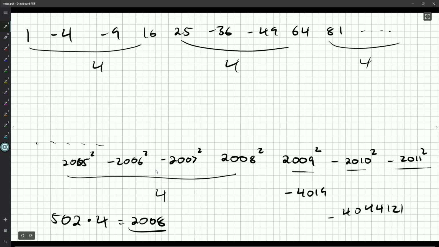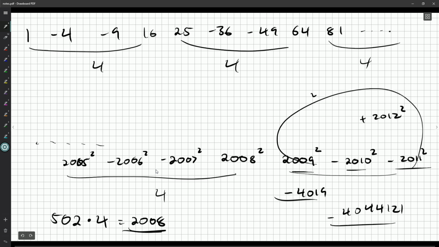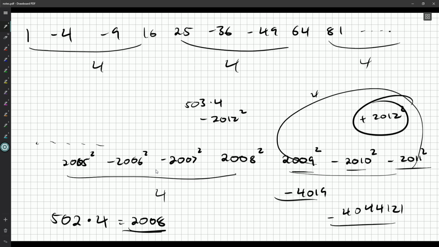Now, before I finish this up, I just need to add this, this, and this. Another thing we could have done is said, well, we're really close. If we just added on a 2012, we'd have another group of 4. So we'd actually have 503 fours and subtract 2012 squared. That would also work because we've added an extra little bit that we're not asked for. And doing both of those would be fine. I don't know which one's necessarily faster or easier to see. Okay. But for either one, we should get an answer of